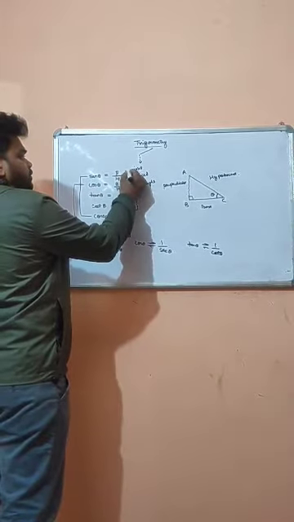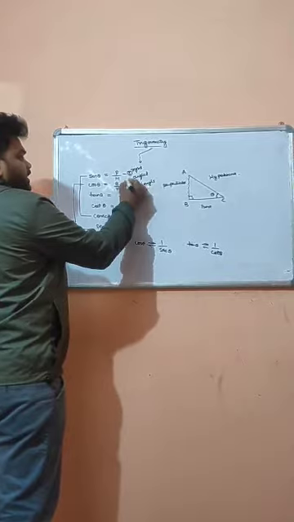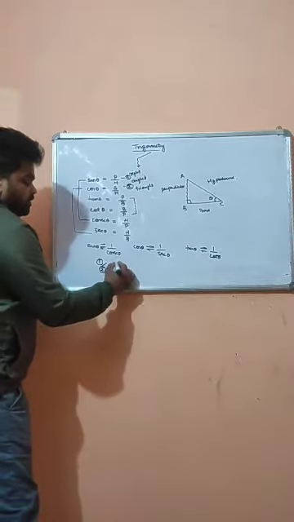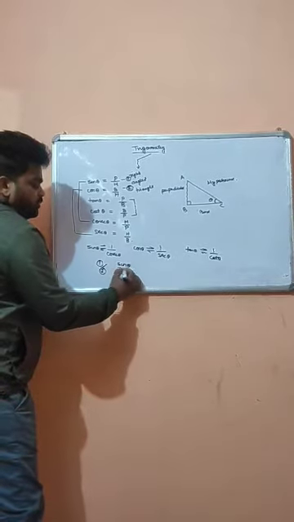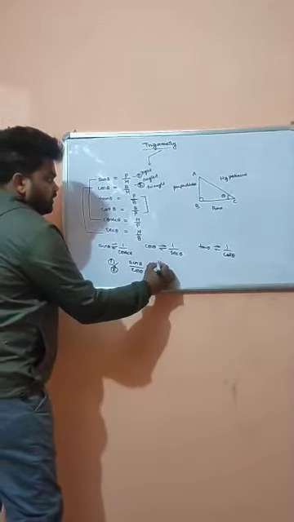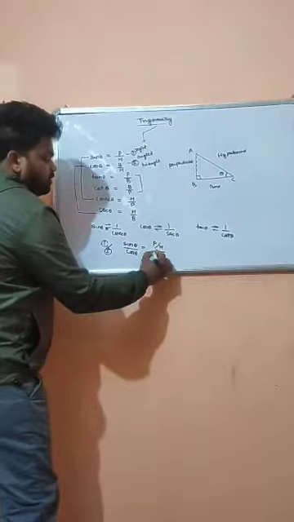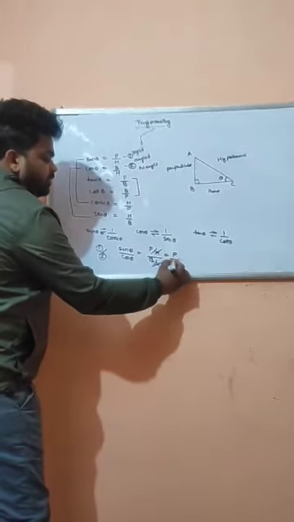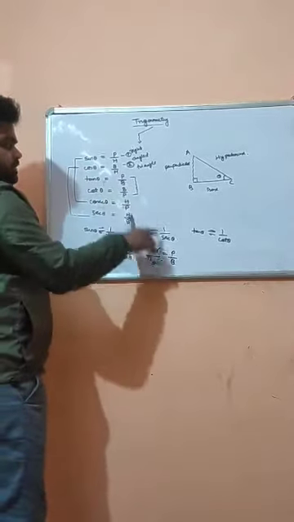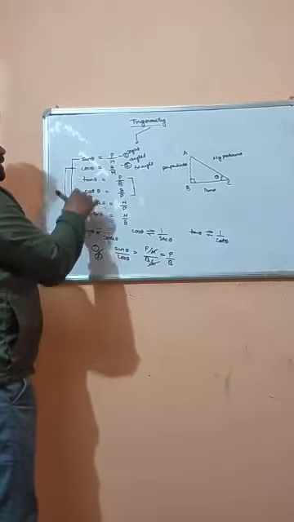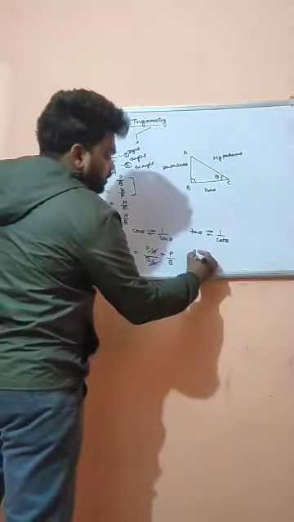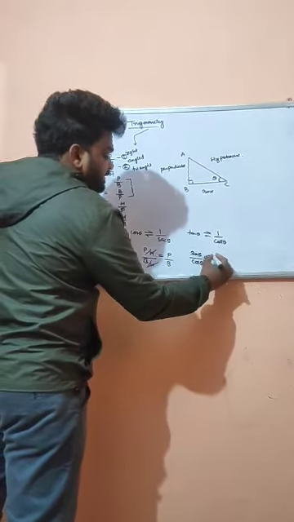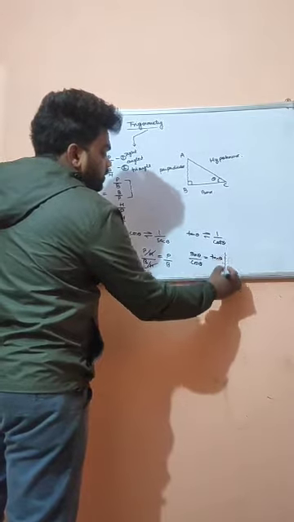Suppose consider this equation to be first and this to be second. Divide first by second. Sin theta upon cos theta is perpendicular upon hypotenuse divided by base upon hypotenuse. It gives perpendicular upon base, and you can see clearly that perpendicular upon base is tan theta. So this is another relation between trigonometrical ratios, that is sin theta upon cos theta equals tan theta.